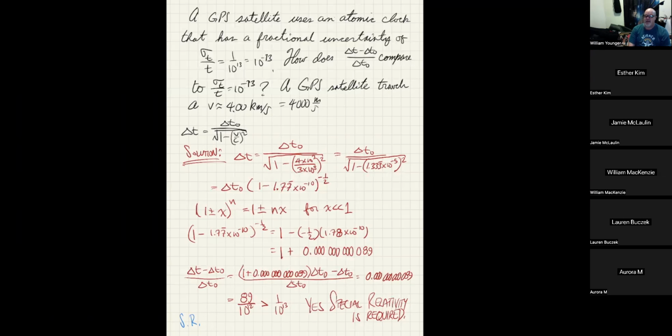Now, the way the satellites are designed is that they're not in geosynchronous orbits. They're actually in orbits that are about 12 hours, so they go around the Earth twice a day. The reason they did that is they set it up so that no matter where you are on the Earth, you always have at least 4 satellites visible to you at any time of day. Sometimes you can have as many as 12 GPS satellites visible. So you're basically guaranteed 4 satellites, and you need 3 as a minimum to get it right. A 4th one can allow for 1 to be down, or it can serve as a double check. So because that clock is running too slow because of its velocity,